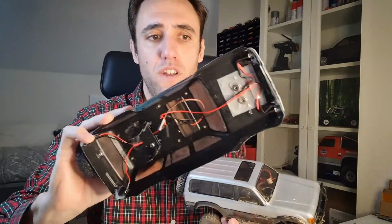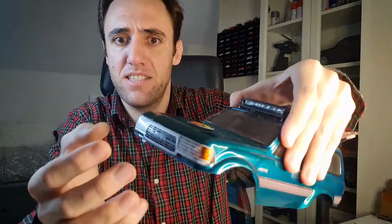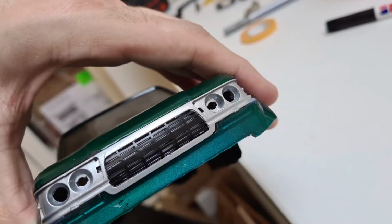I really like this body because I'm personally a massive fan of the Toyota Land Cruiser 80 series. So I went for the Lexan body. I got 2 Lexan bodies, transparent ones. I painted this in kind of the turquoise OEM color of the car. I also used, as you can see, the hard plastic headlights, lenses and grille from the Katana, which have exactly the same size and space for the Lexan body, so you can have all the details and